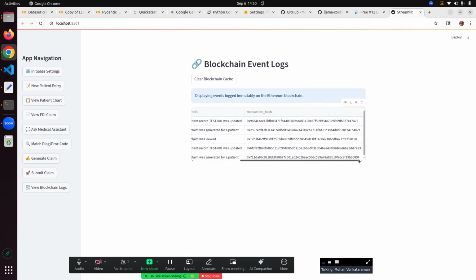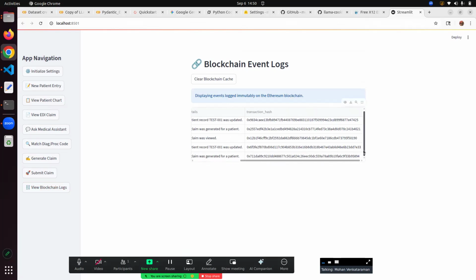Whatever the purpose may be, but the blockchain has recorded all the events that have just occurred, like a claim was viewed or was it processed. It's in the order of time. And of course, the claim was generated, so we can see all the events that were generated has been recorded